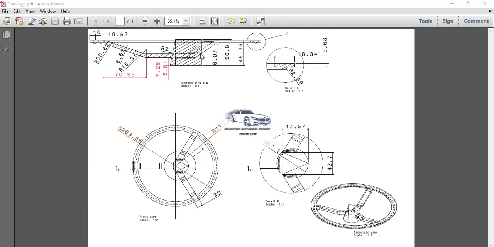And if we take a look at the section view, the total height of this particular central section is mentioned here as 56.07. It is actually 56.07, so it is a little bit omitted here. This is a model of a steering wheel, and the approach we are following here can be used to develop similar models in a similar manner.